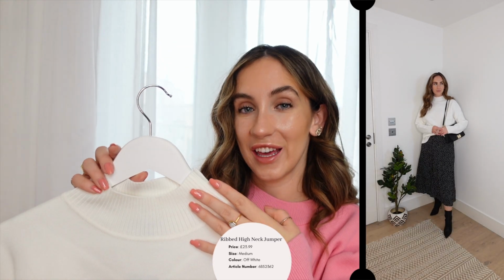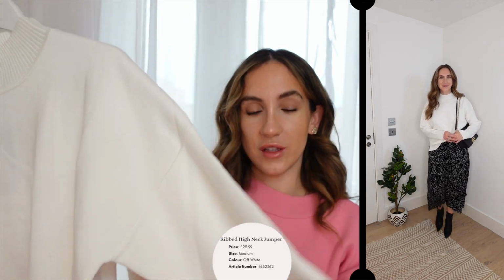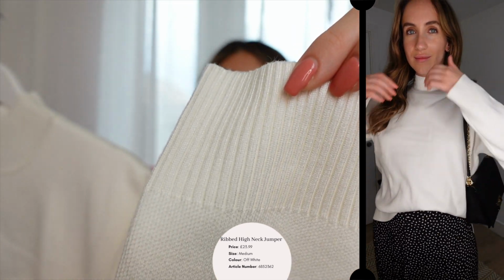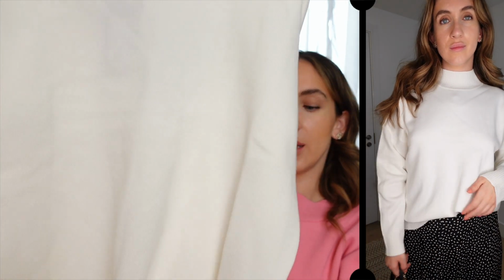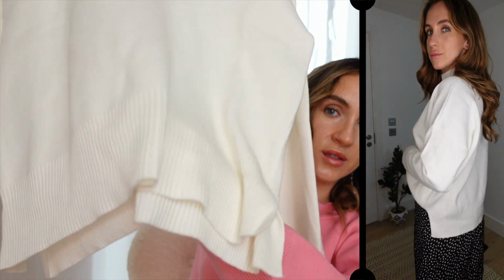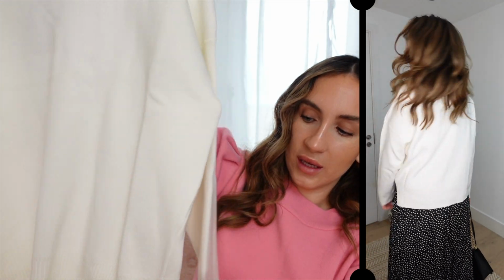And I knew that I would really like these, so I picked them up in the two colors, and I may even pick it up in the black. So the jumper itself has a really nice high neckline. It has cuffed sleeves as well with these kind of ribbed detailing, and then it's got this plain detailing on the body of it, and it has the rib detailing along the seam as well. You can't really see, it does have a split hemline as well, which I just think is really flattering,